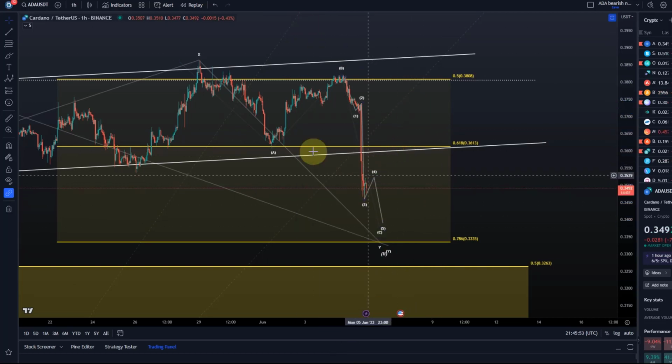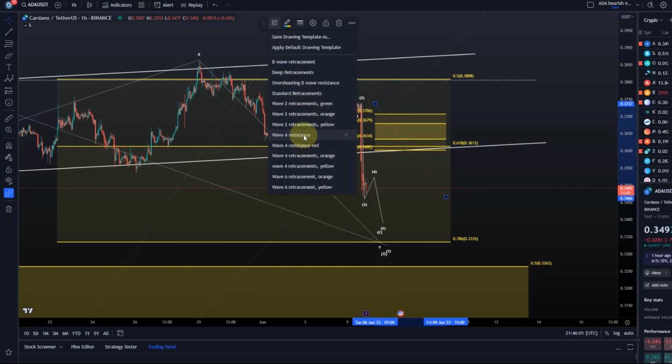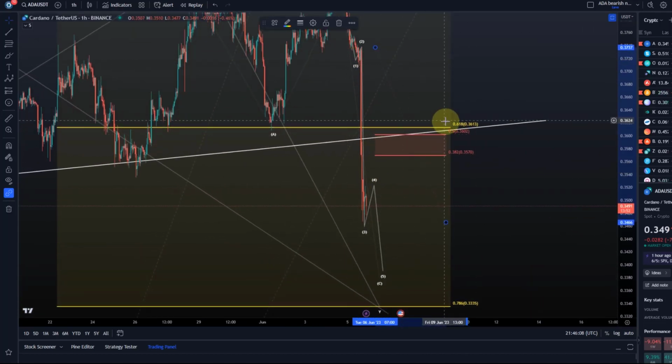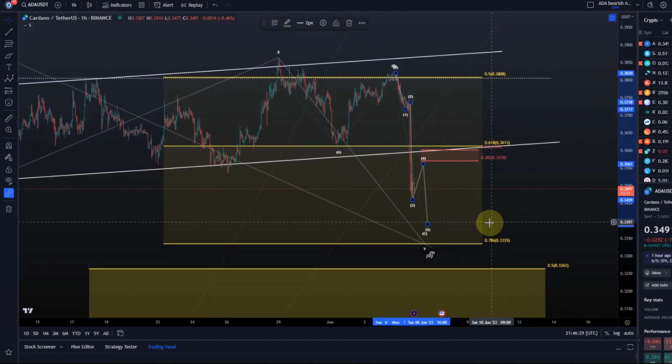How high is the wave 4 now allowed to go? Bear in mind, we've got a bit of a volatile day, so things could get to the extremes. But if I draw wave 4 resistance, it is allowed to go all the way up to the 50% retracement of the third wave. So 36 cents is certainly a likely target here. Well, maximum target, yeah. It should not go above 36 cents. If it does that, then it indicates the move down is maybe already over. But as long as we stay below 36 cents, we should get one more low, maybe to 33.3 cents.